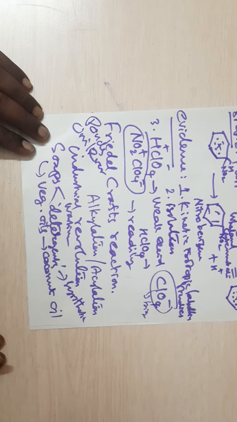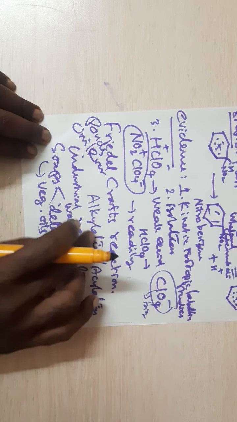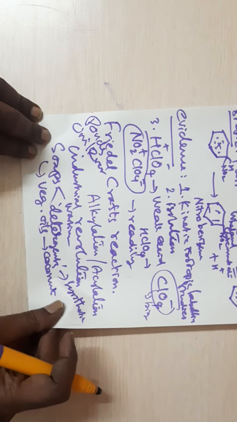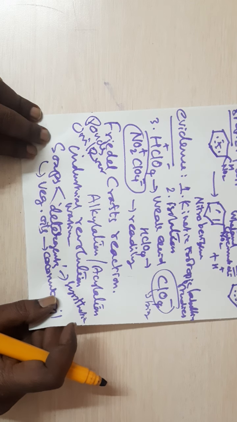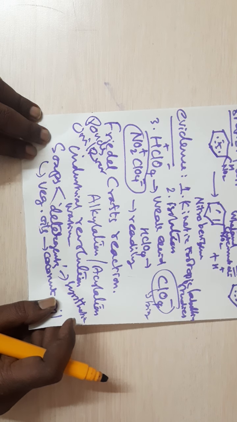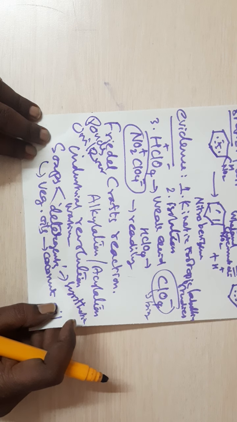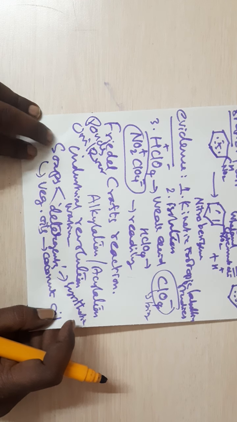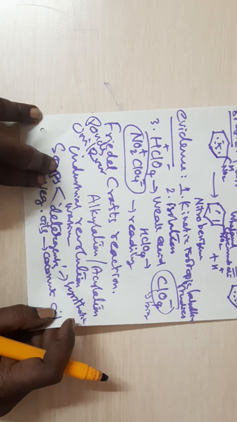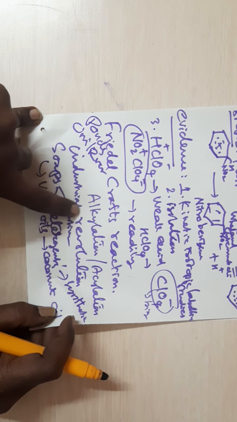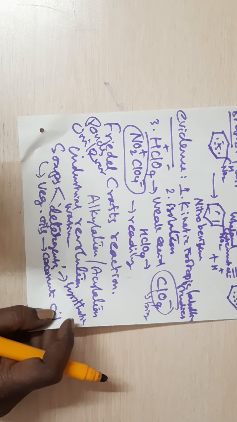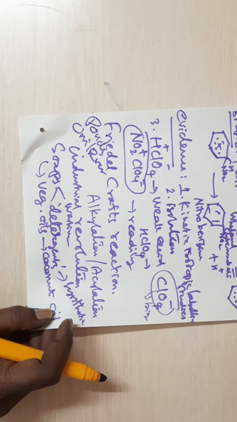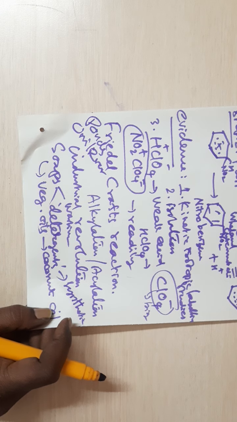So Pond's and Unilever, these are the two industries of the United States which made use of these reactions, namely Friedel-Crafts alkylation and acylation. And this reaction is the major cause for the economic growth of the United States of America. It is all because of the chemical industrial revolution caused by the Friedel-Crafts alkylation and acylation reaction. So this reaction played a vital role in promoting the economy of the United States of America.